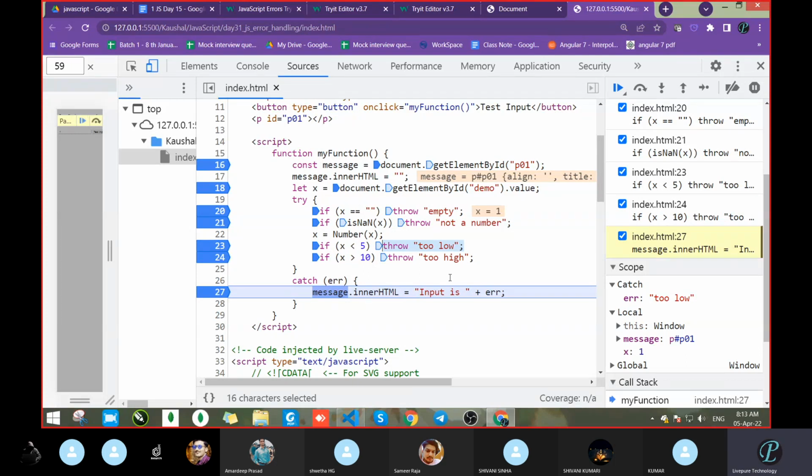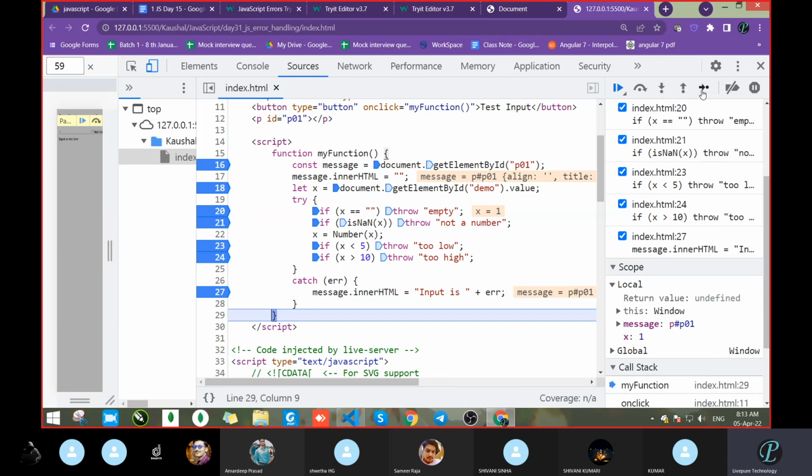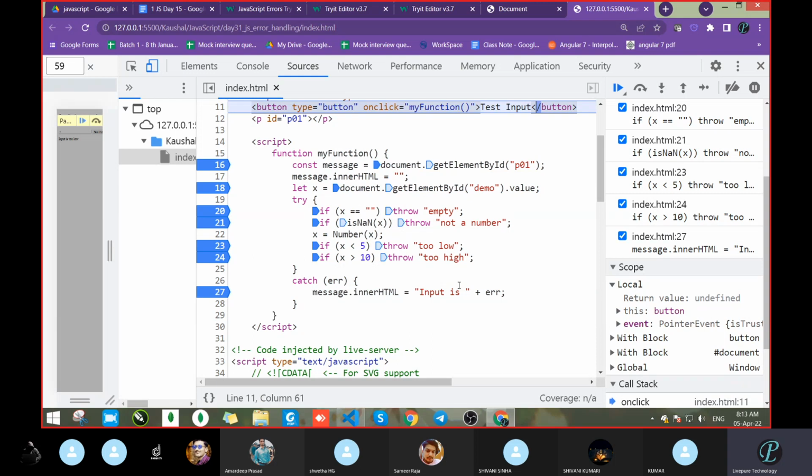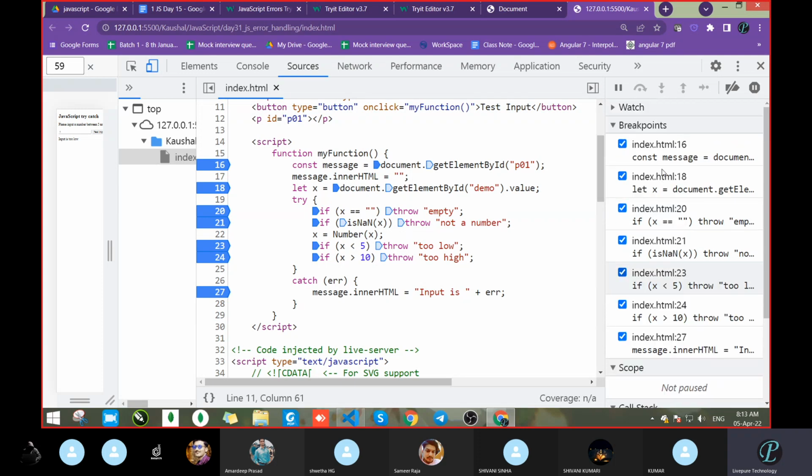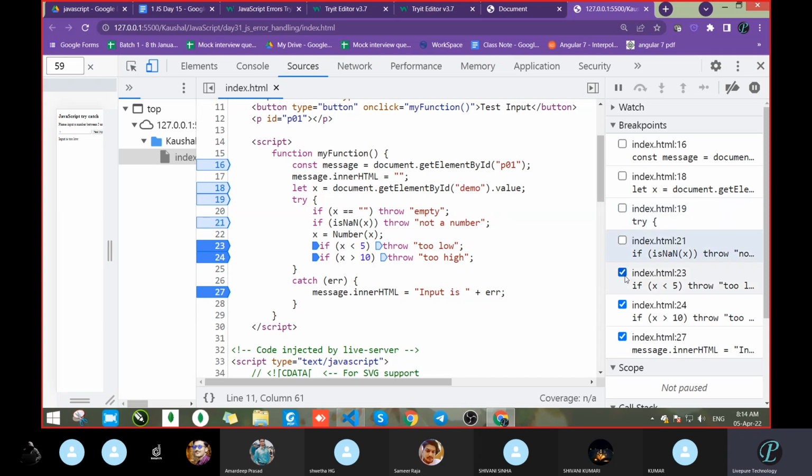Okay, so throw came and it passed in the catch block. And now we are going to generate a proper message that input is too low. See that the complete message came. So now put cursor, press cursor, and we got the error input message completely. Put cursor here. Yeah, and see, input is too low, and this becomes our custom message. So this way, if there is any error, you have to stop the execution in a proper manner. Is this clear? So how to use throw and catch? If you do not want any proper message, no problem. Remove the throw. Automatically you will get an error. That's it. Do that also.